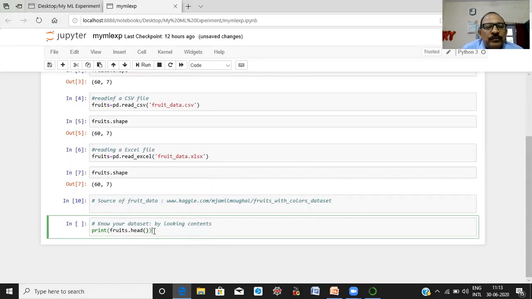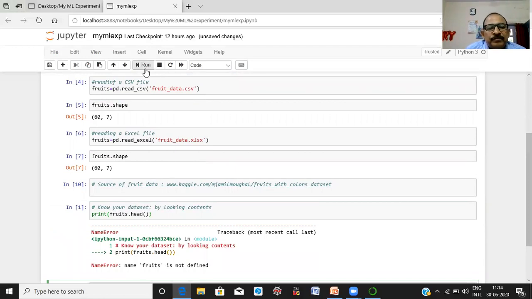What is fruits? Fruits is our data frame, and head is a method available in the data frame. Is it clear? Now run this command. Let us see what will happen.